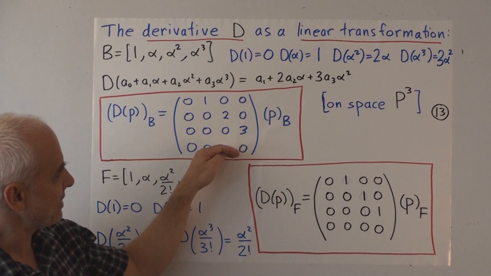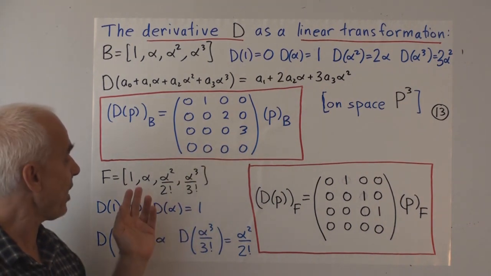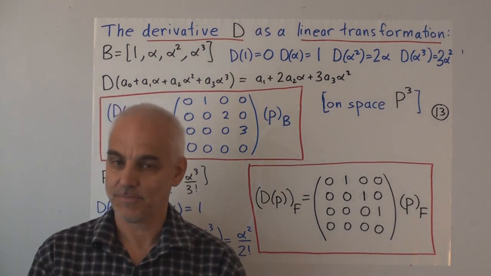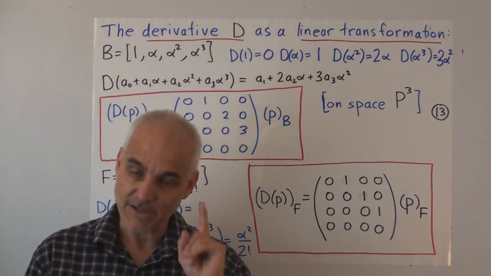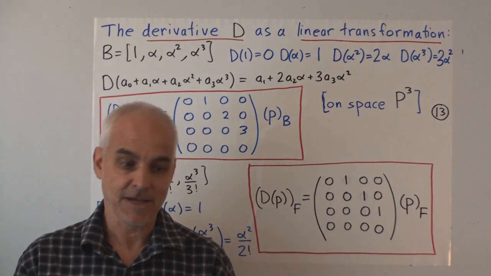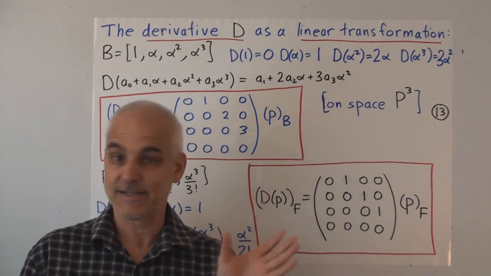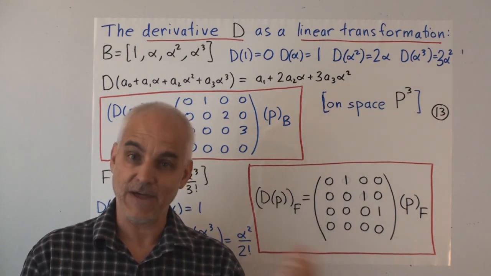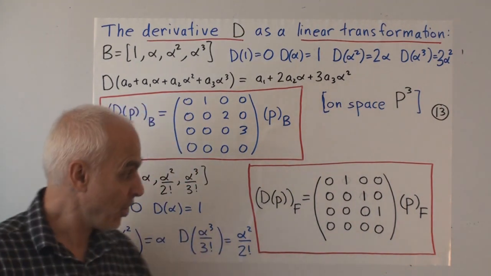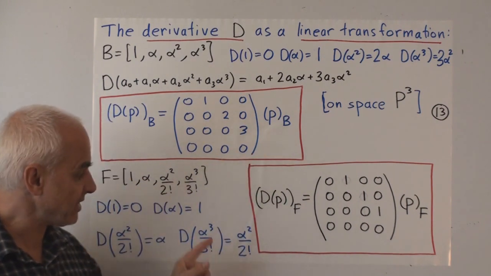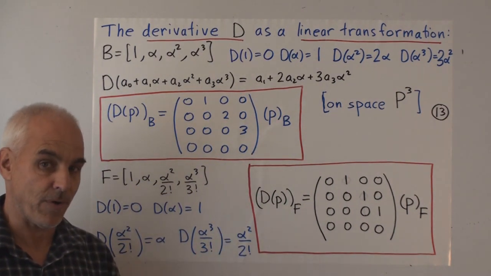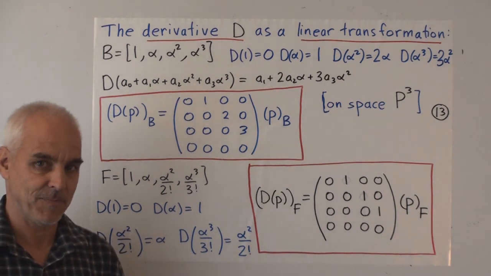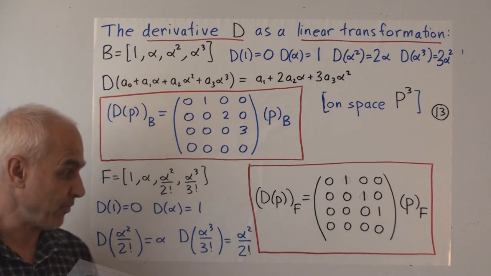This matrix being slightly simpler than this matrix, you can see why working with the factorial basis is a nice thing to do. And that clarifies a lot of formulas in calculus, to realize that a lot of formulas in calculus are made simpler by going from a standard basis, powers of alpha or powers of x, to the factorial basis where you've got powers of alpha or powers of x divided by appropriate factorials. It's a very important insight into calculus, and in fact into combinatorics too.